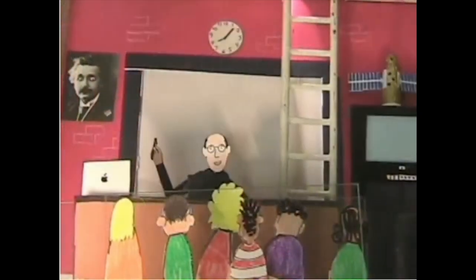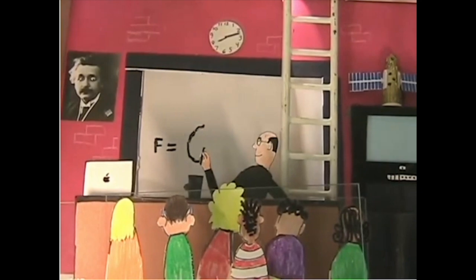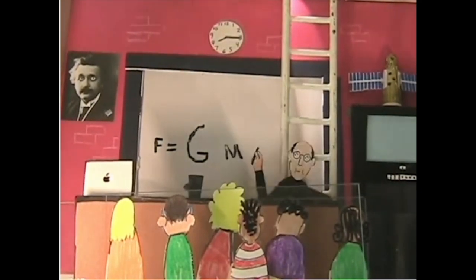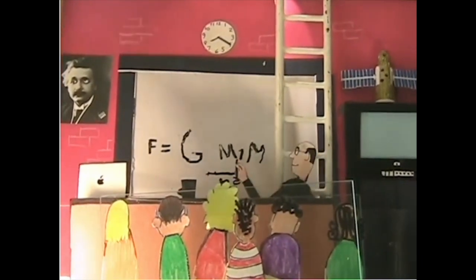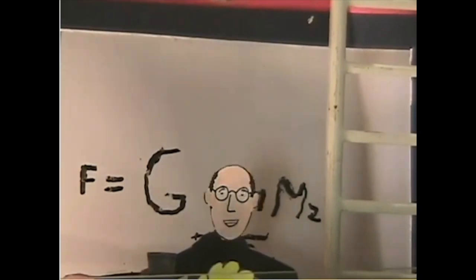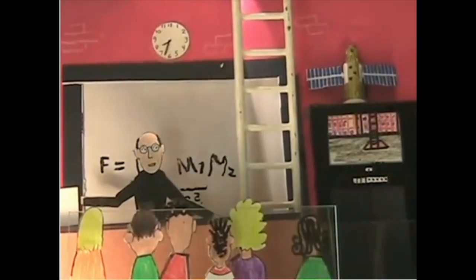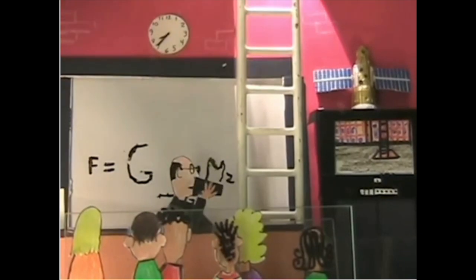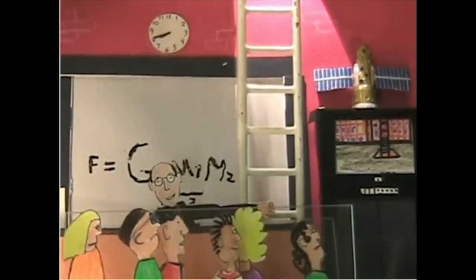Good morning. Newton predicted that weight was proportional to the product of the masses and the inverse square of the distance between the masses. Ta-da! Given my mass and the Earth's, my weight varies inversely with the square of the distance between the masses. Okay, so now I'm going to test this equation.